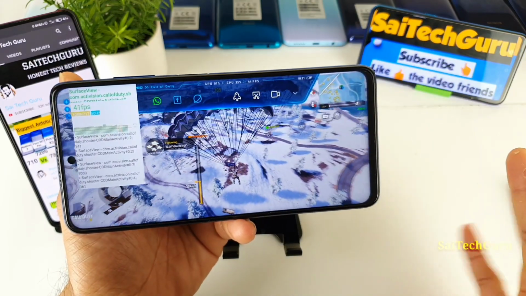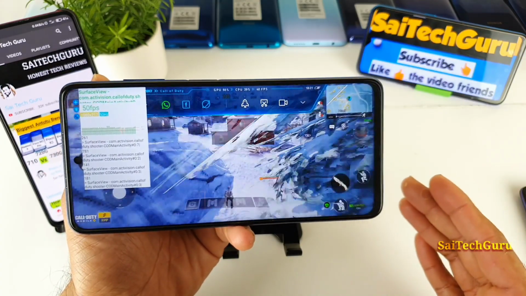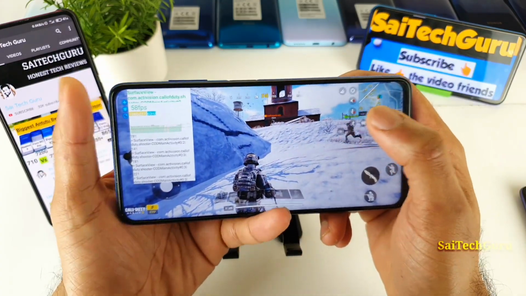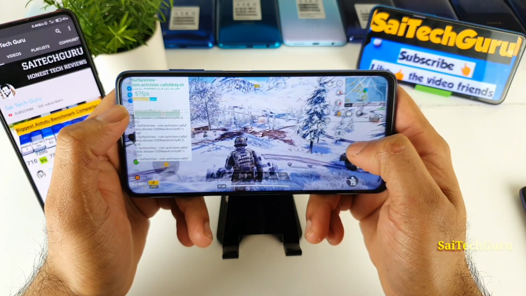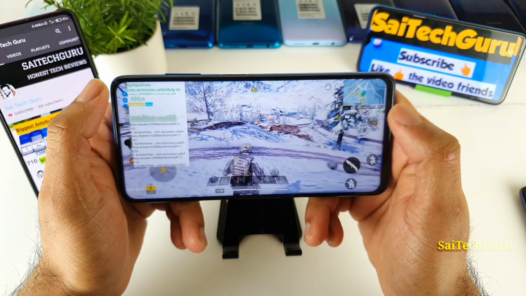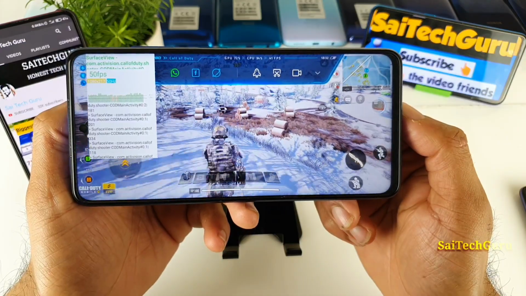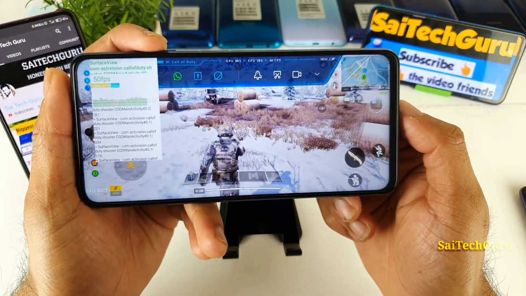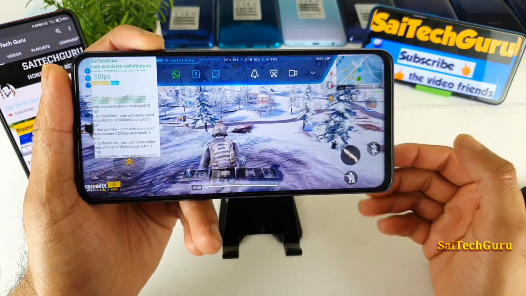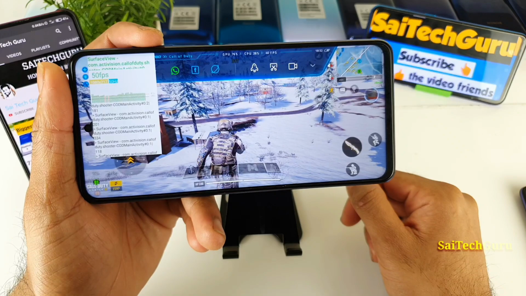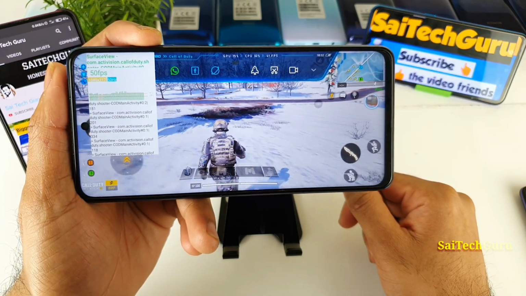Overall I can say 45, so 40 to 45 is what it's trying to maintain if you're using this kind of high settings. You can observe the FPS count meter on both here. There is a difference going on. I'm not sure which is correct. And 50 FPS.